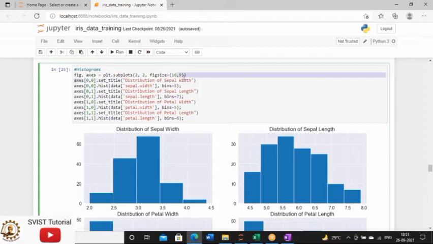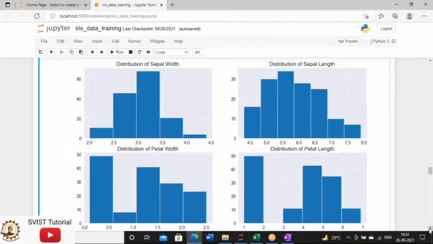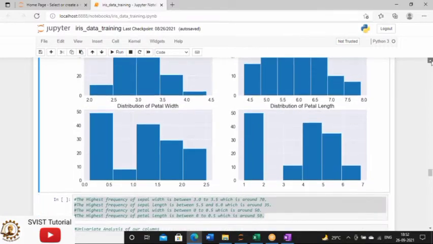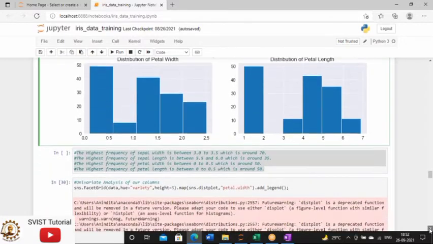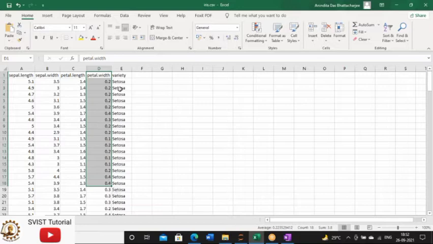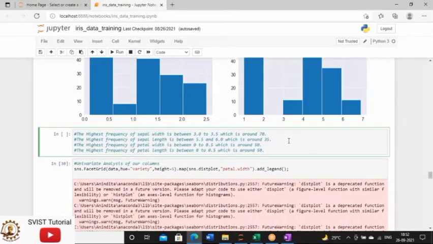First fix the axis, then set the title with the function set_title, and then plot the histogram using the hist function, mention the column name and set the bin width. This is how you display the histogram plot. This is all about your basic dataset explanation. In your research paper, if you have this kind of histogram, you are clearly defining your dataset. There is no need to upload this dataset separately to prove that you are working on a real-life dataset. So this is the first point you have to remember.